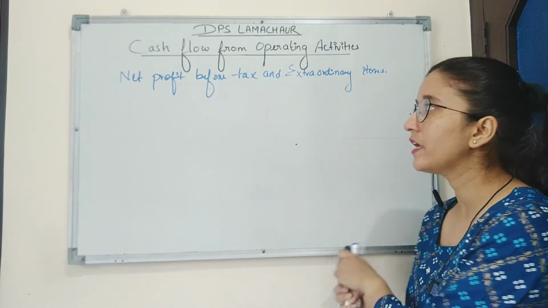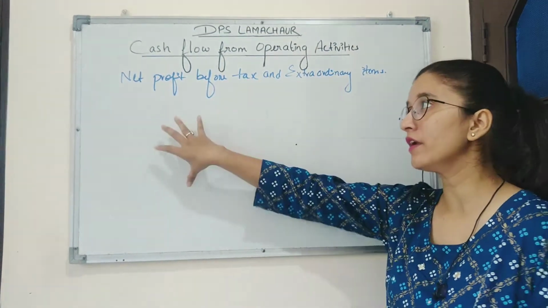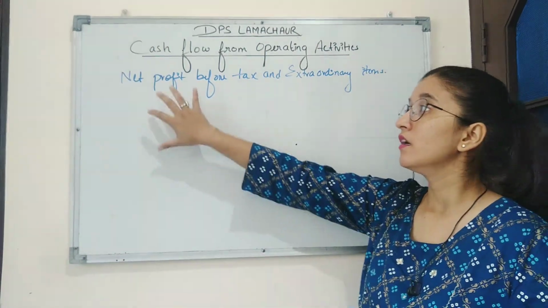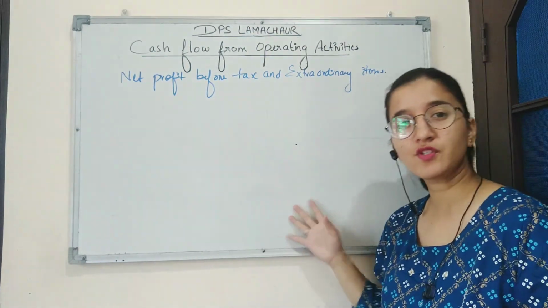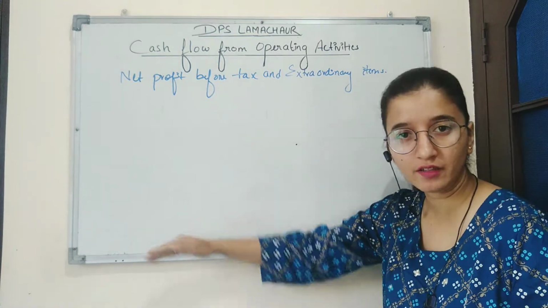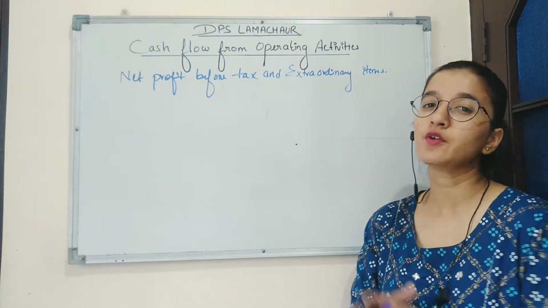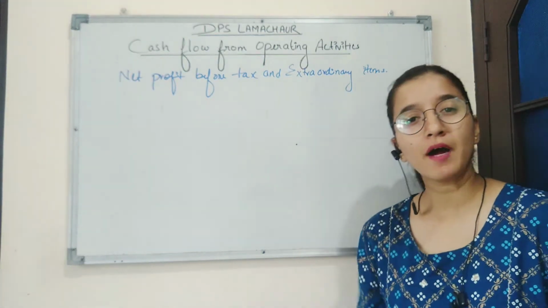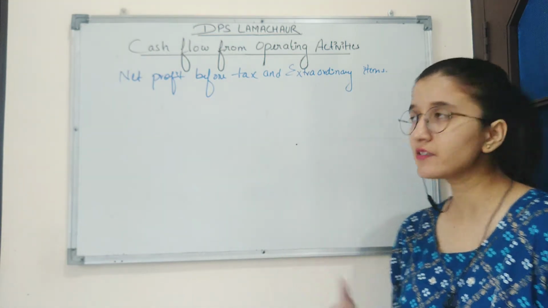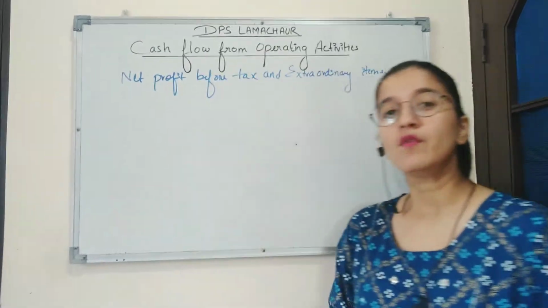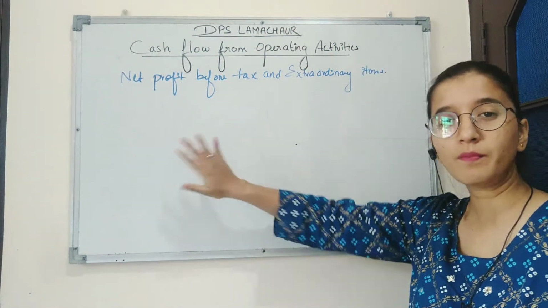So, while calculating the net profit before tax, we have to keep in mind that here the pure net profit is calculated. That means the net profit should be from operating activities. So all the impurities which are added in the net profit will be nullified here. For example, when the net profit reaches the balance sheet, it is divided into various parts. Some part of the profit is kept as reserves and surplus. Some part of the profit is used as a provision for tax. So when we are calculating the net profit, we will add all these parts to find out the actual net profit earned from operating activities.